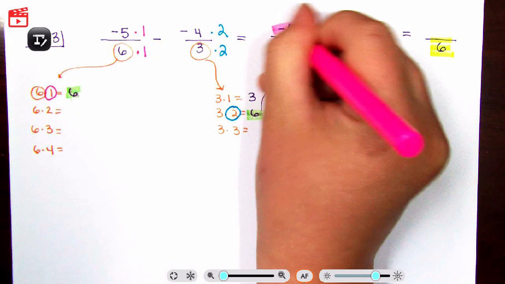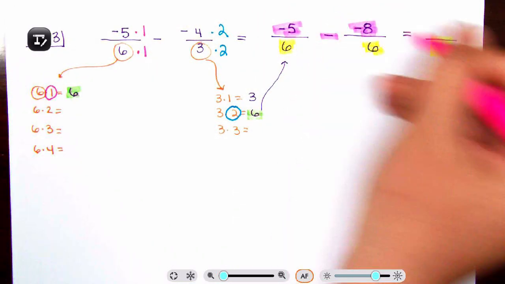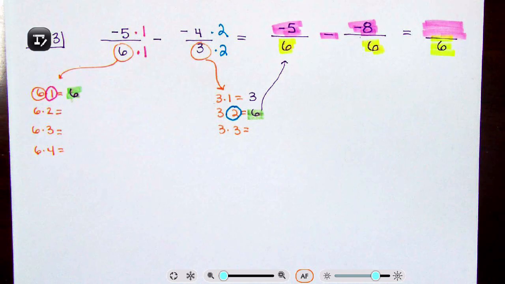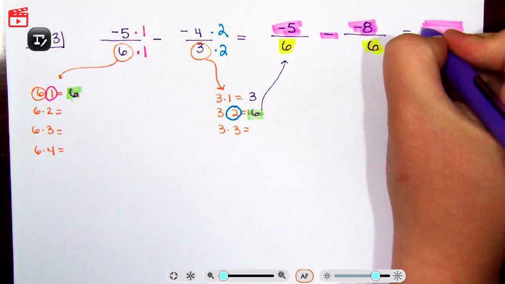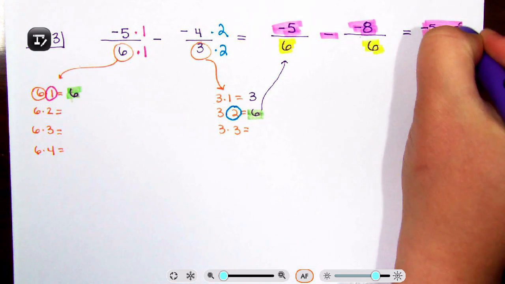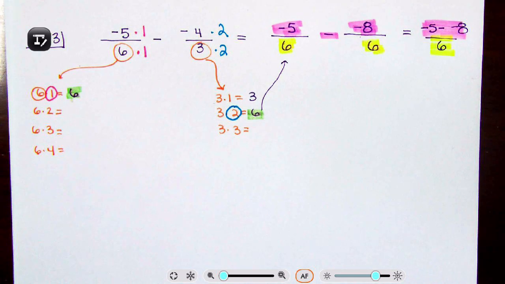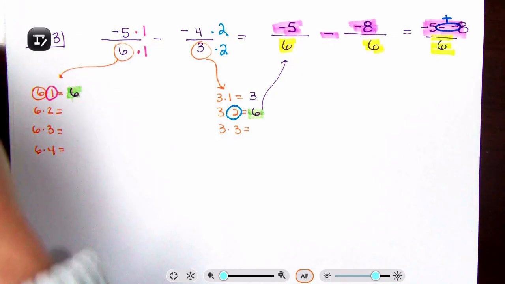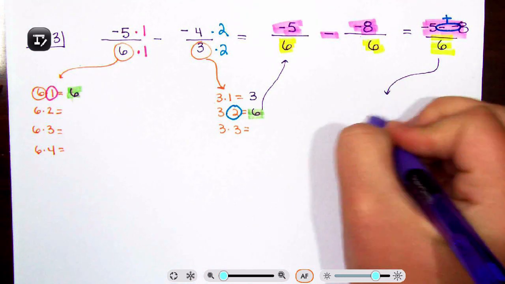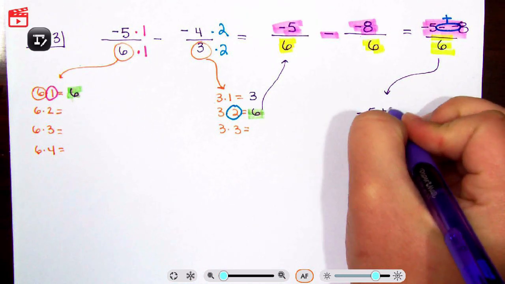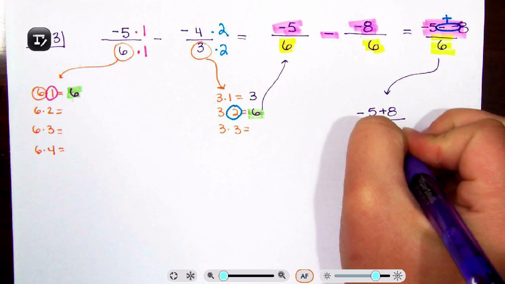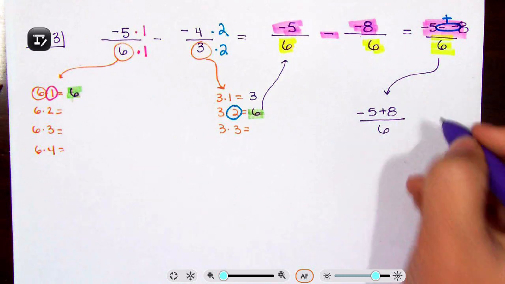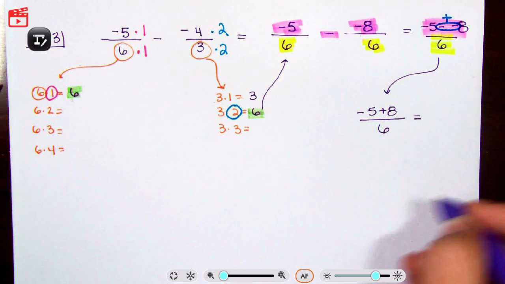So negative 5 minus negative 8. Notice that you have 2 minuses that you can circle. So that means we have negative 5 plus 8 divided by 6, which means we have, I'm going to do